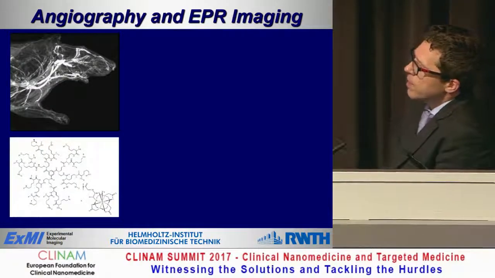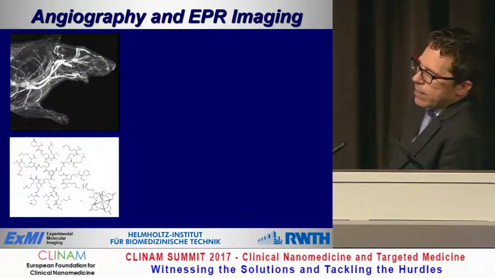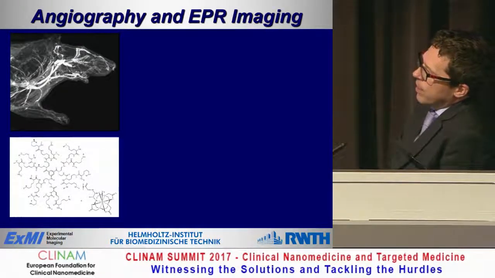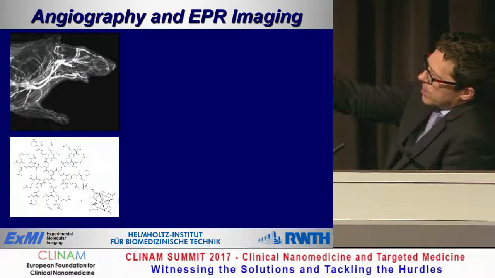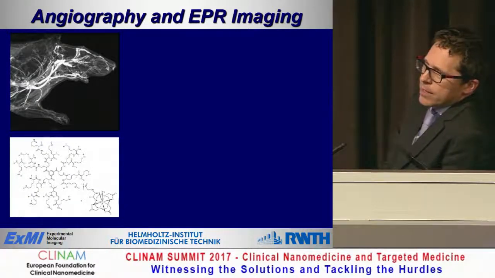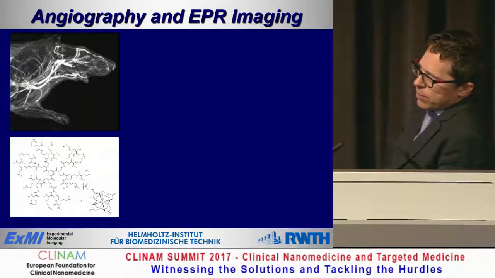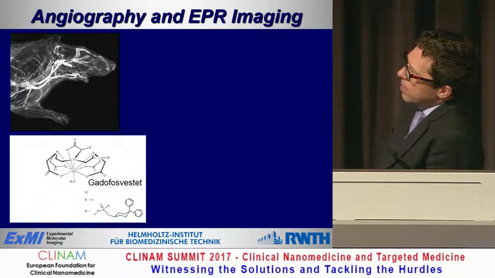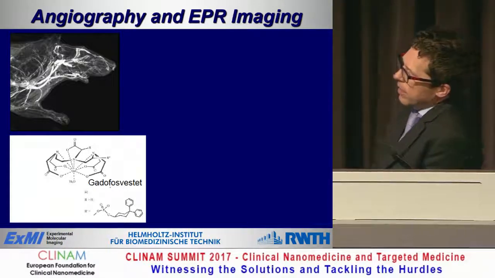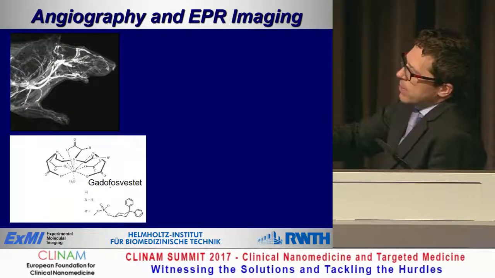A similar reason led to the withdrawal of these dendrimeric MR contrast agents, which were designed for angiography purposes. You see here below an image of Gadomer-17, which is this dendrimer with 17 gadolinium chelates at the end, which provided really excellent angiography images, not only in animals but also in early human trials. But also this one was finally replaced by a small gadolinium agent, which has a strong binding affinity to albumin and thus does the same job by enhancing the blood pool.